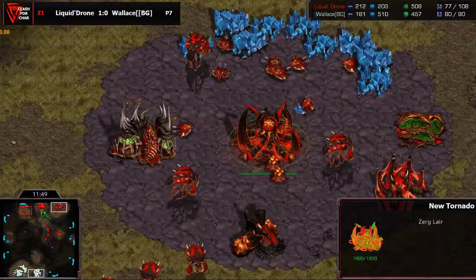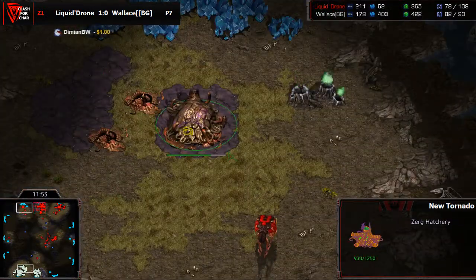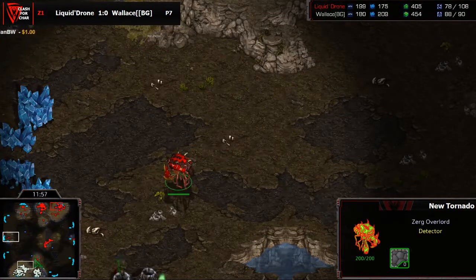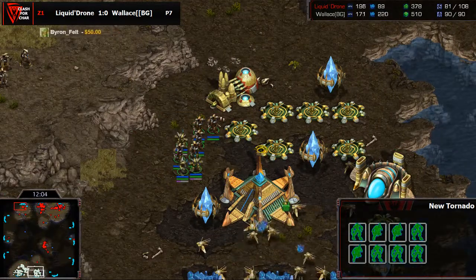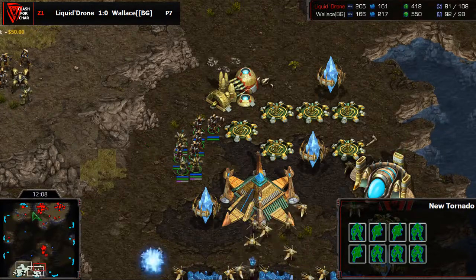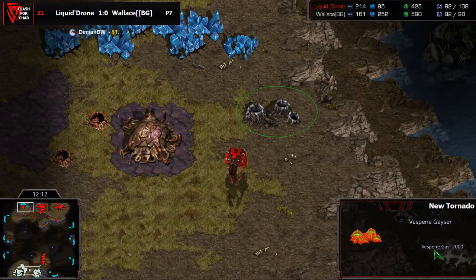Still no Spire for Drone, but Drone knows that he does actually need the Spire. The third hatchery is finally being rebuilt. Looks like he has an Overlord checking all the other bases just to make sure there's no extra expansions hidden away. And we are in an eerily similar situation to the previous game. Wallace has done a little bit of extra damage, but this time Drone of course will have the earlier gas base. It doesn't look like...